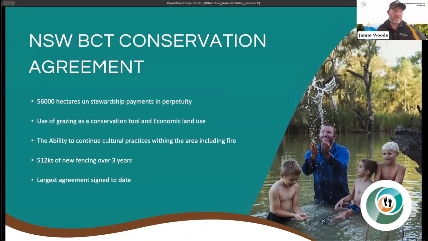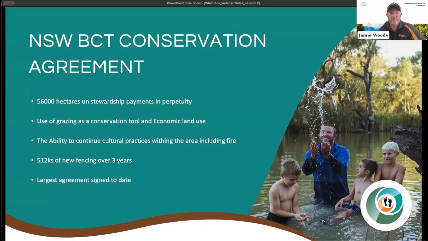Yes, so this was a very big outcome for Goini. The New South Wales BCT Conservation Agreement, which we signed last year, covers over 56,000 hectares of Goini's 88,000 hectares. We signed an agreement in perpetuity on 56,000 hectares of Goini, which was an exciting part. It shored up Goini's future, so to speak, and obviously shored up the community's future through land management on Goini